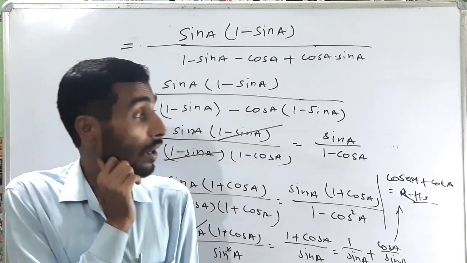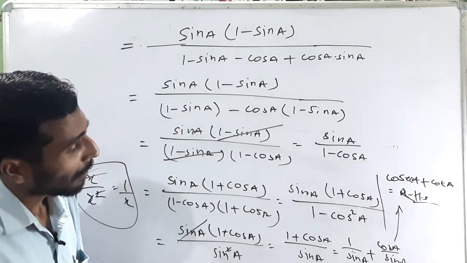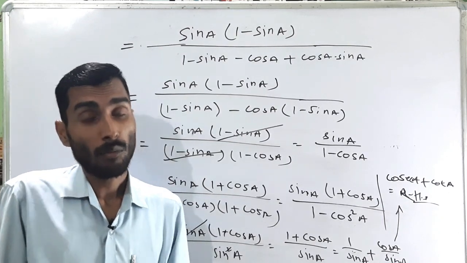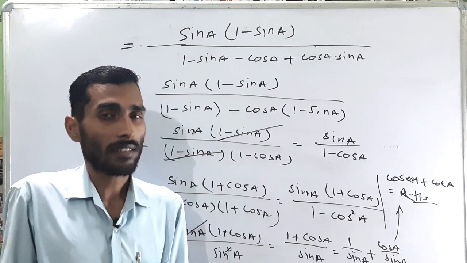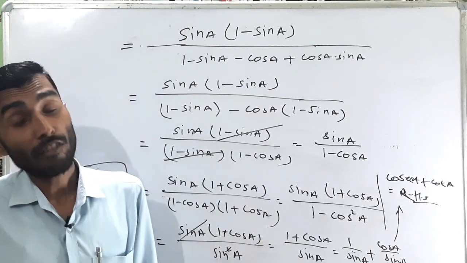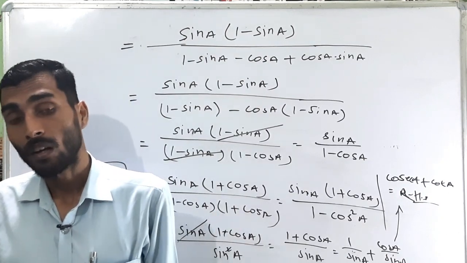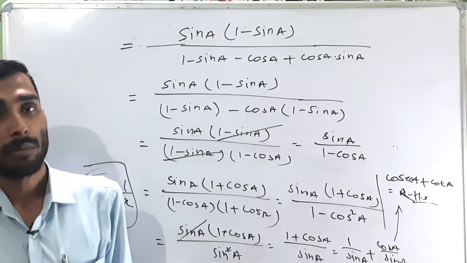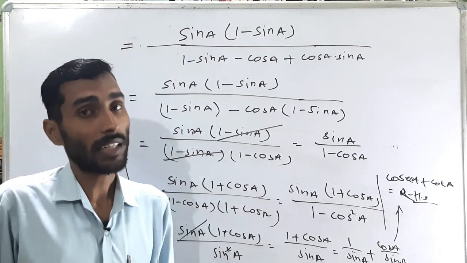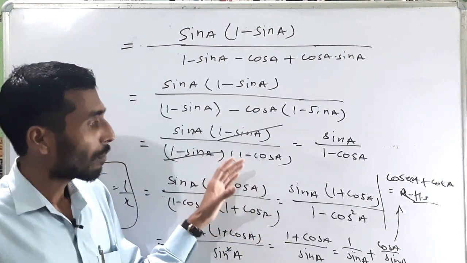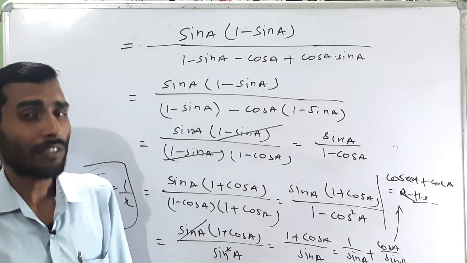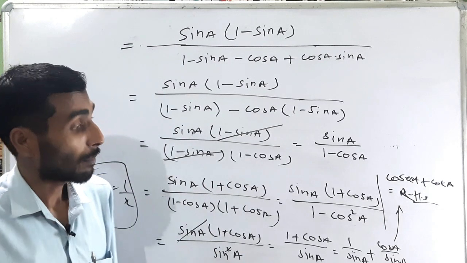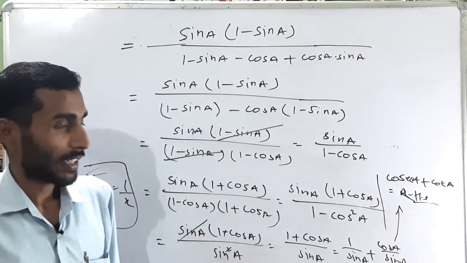Okay, so in this way we can change it, but you will have to keep patience. There may be a question: sir, you decided to do rationalization in the numerator. If we do it in the denominator, then what will happen? Of course that method will also be true, because after doing that we'll get the same thing, but maybe the operations will be very different, and in that way we can also get the RHS, cosec A plus cot A, right?